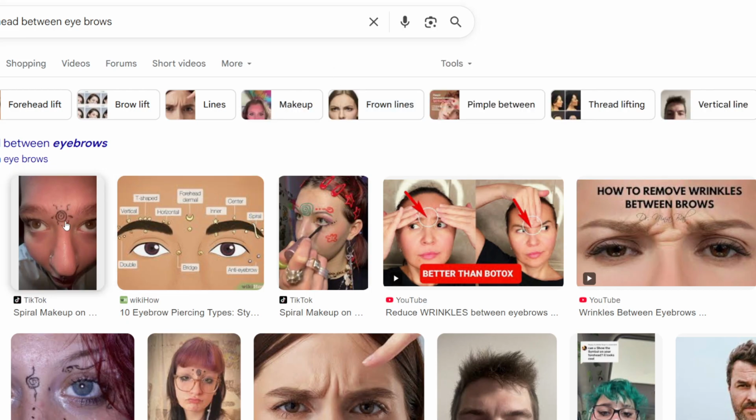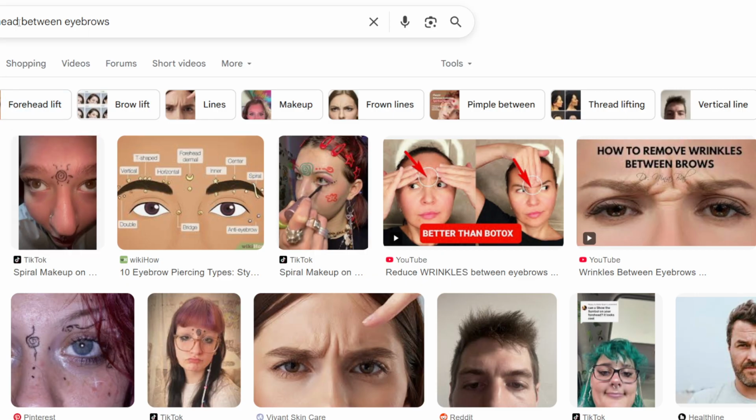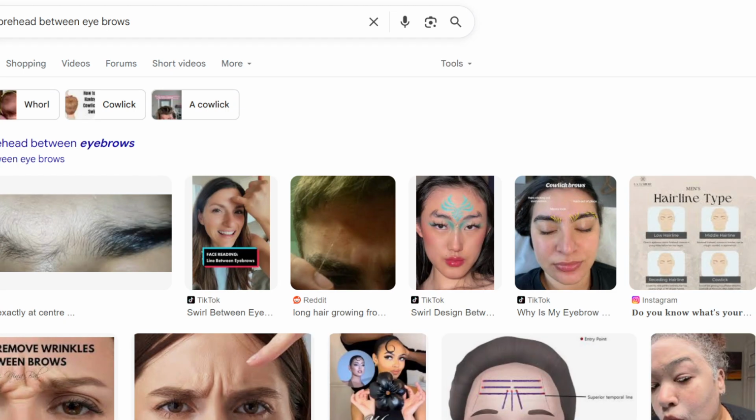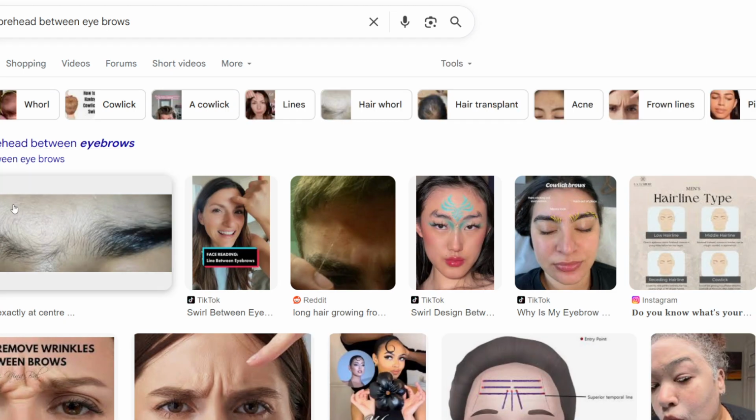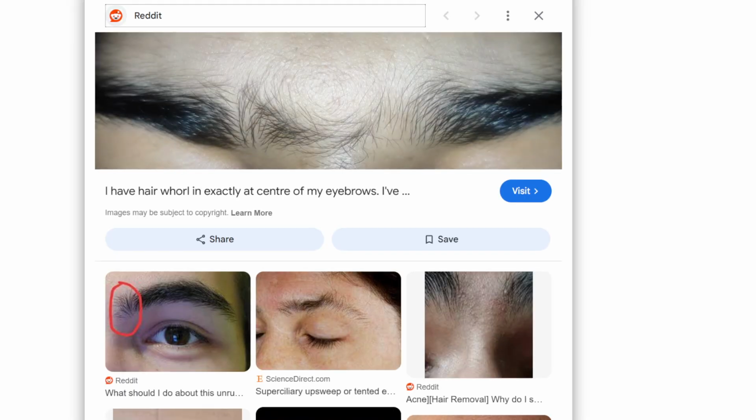Some people have a spiral over here, like this. So this is a good example. This is not a good spiral, but this is decent enough. So this is how sometimes there is a spiral in the center of the forehead. So this person has meditated or done some energy practices to increase the power of this chakra, and this